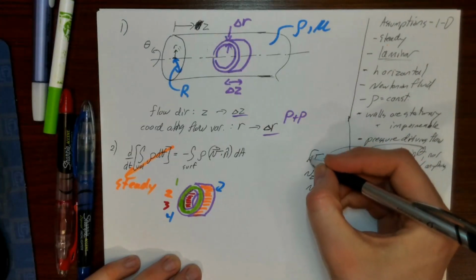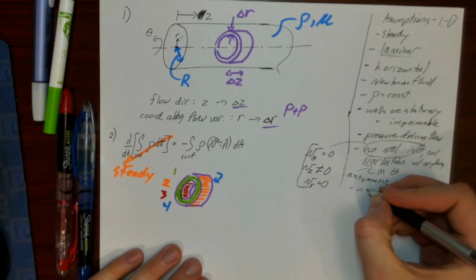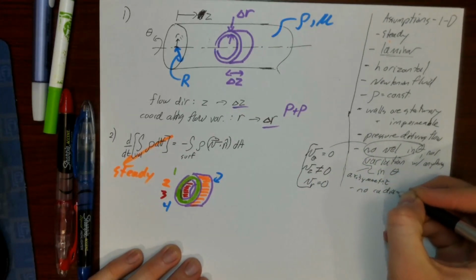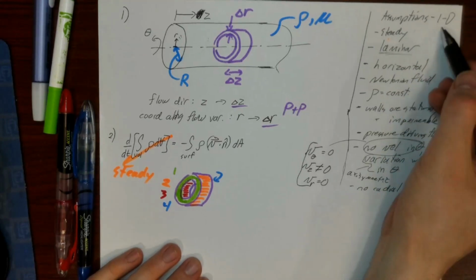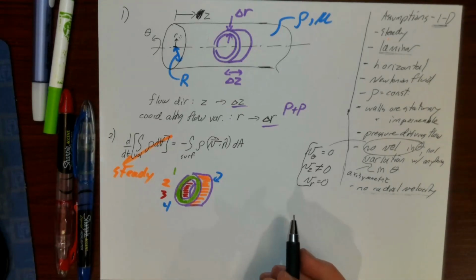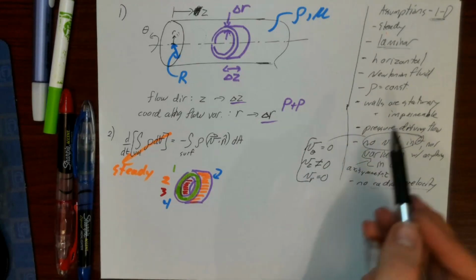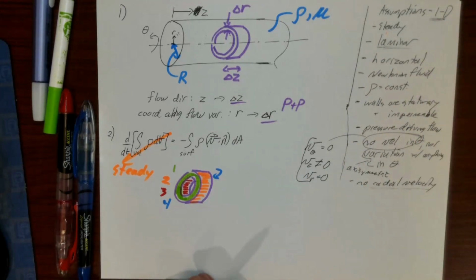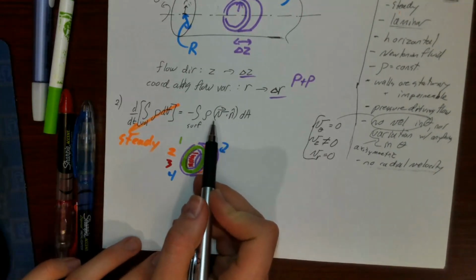So, we're basically assuming no radial velocity is essentially part of our 1D assumption right here. So let's assume these things and see where that gets us in terms of 1D. All right, so let's now think about